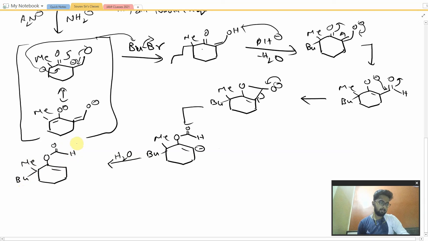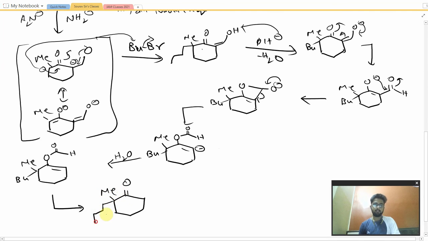Now this took the minus charge. Now this would tautomerize to release the formic acid from the system. This would be released from the OH, and here the double bond will be formed. So the exact compound that will be forming after this is double bond O and Me, and we may open the Bu to write it like this, and plus the byproduct will be HCOOH. This is a product of tautomerization, obviously.